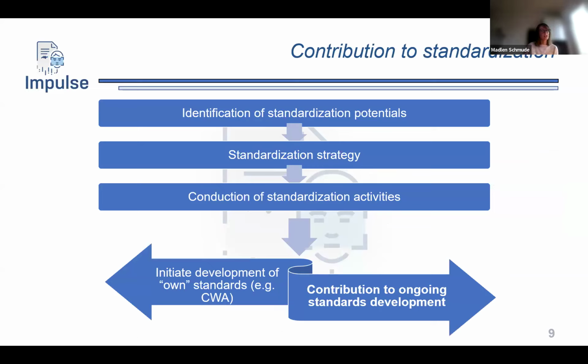And yeah, after those standards research, we also had a closer look at the impulse results to identify standardization potentials. This was something which we have done with all the project partners within the workshop. We also found some standardization potentials, and based on that and on following discussions, we